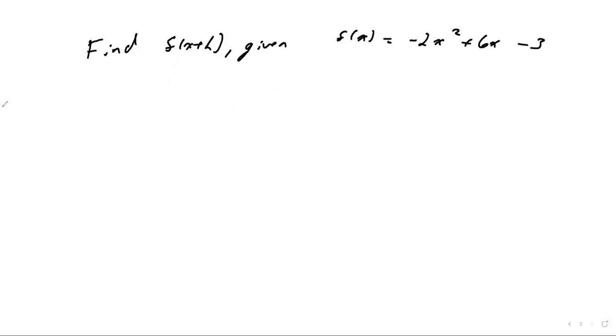So in this type of situation, you would take x plus h and you would replace every x value in the equation. So to find out what f of x plus h is, instead of negative 2x squared, this now becomes negative 2 parentheses x plus h, because I'm replacing x with x plus h squared, plus 6 times x plus h